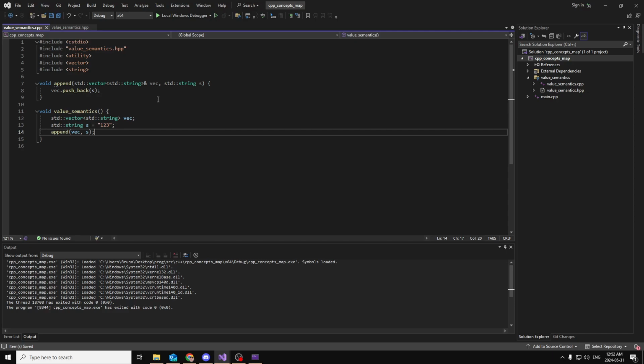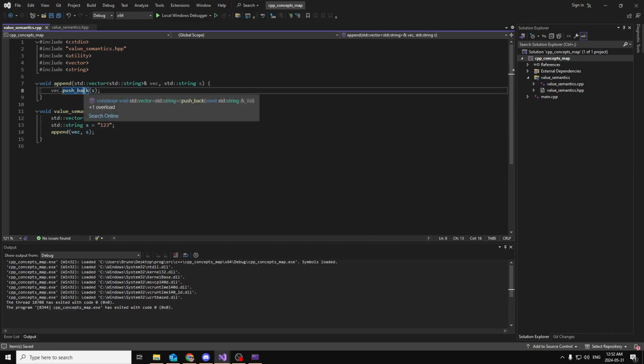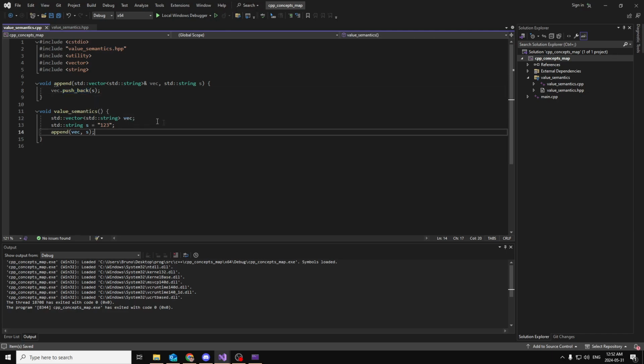Now, the problem here is that the string is actually copied twice. Copied once to pass it by value here. So when we do the call to append, it's copied. And when we push back, we copy again. As you can see, this takes a const reference to a string, and it's going to have to copy the string to place it inside here. And we can tell that the string is at least copied one time because